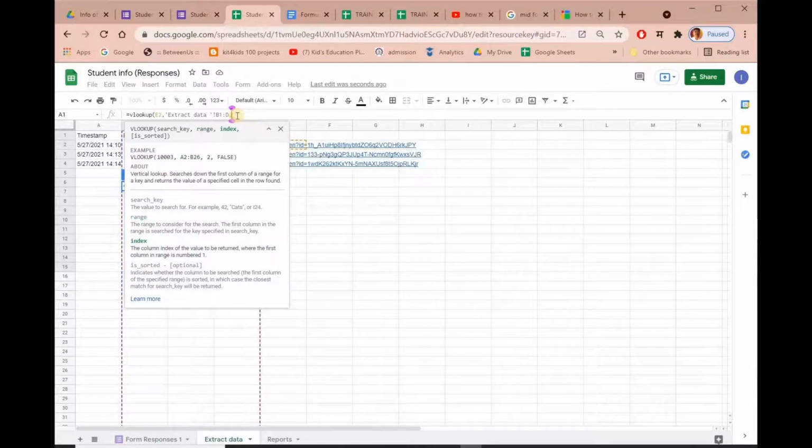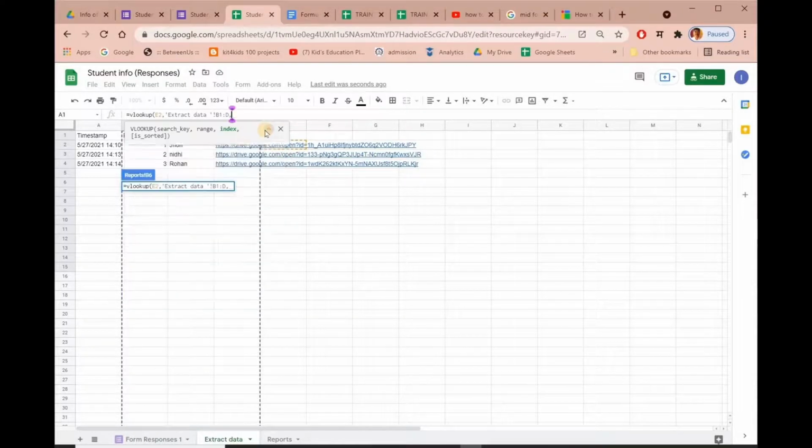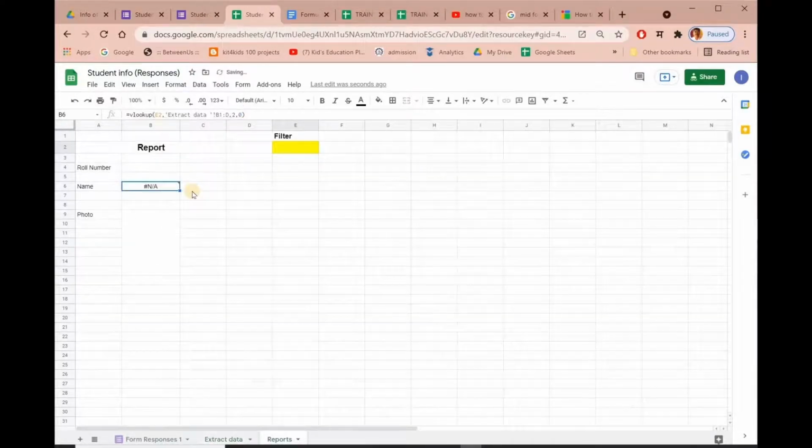Now we want a roll number. For that, sorry, we are looking for the name, and the name is in column number 2. So our index will be 2, and we are going for exact match, so it will be 0, enter.